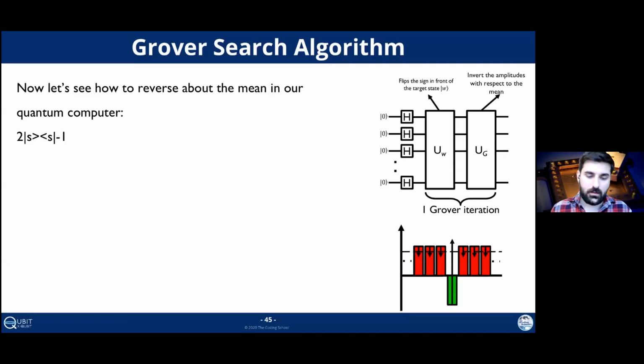Of course, this outer product can also be represented as a matrix, and we can very quickly do that. The outer product of an equal superposition, the S state, and again, as a reminder, the S state is just